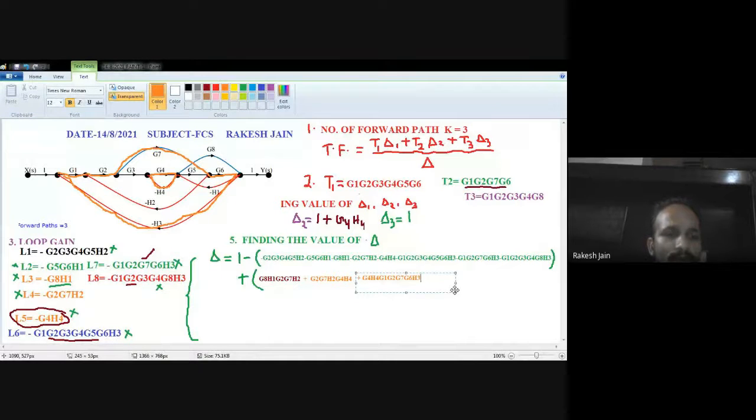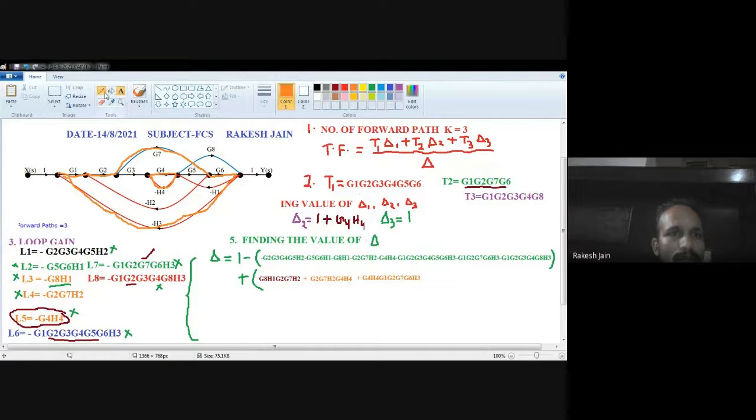Now all those loops, if we see, there will be no other two non-touching loops. So that will be closed now. Okay. Now minus the sum of products of all the three non-touching loops, but here because all loops consist of kind of the same values, there will be no three non-touching loops. So that is actually the final value of del.